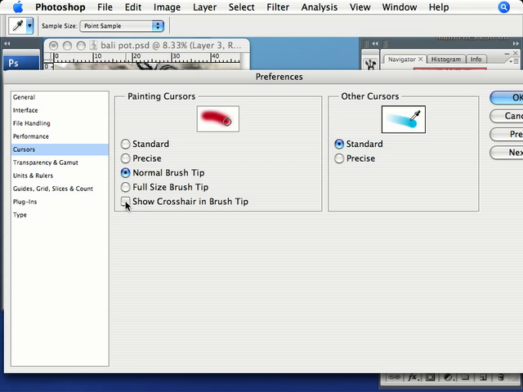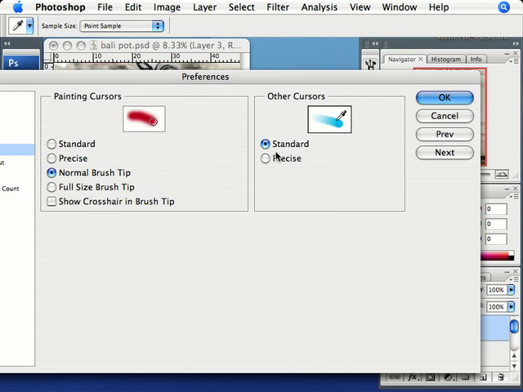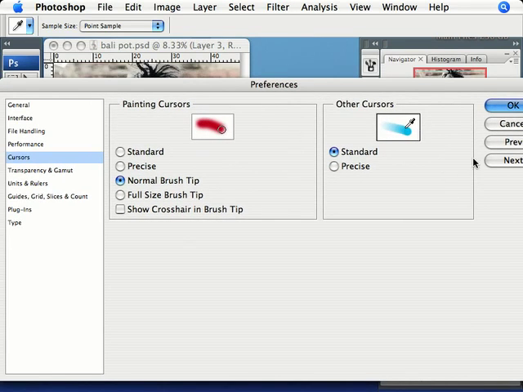Okay, so this allows you to show the crosshair inside the brush tip, which shows you the exact center of the paintbrush. The other cursors, everything here is just for painting cursors that deal with painting in your image. Other cursors would refer to anything else. You just have two choices, either the icon that shows you the tool you're using, or the precise option, which shows you the crosshair. Next,